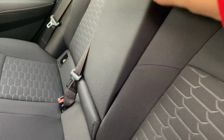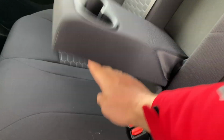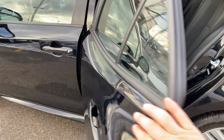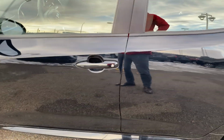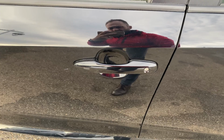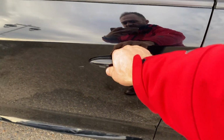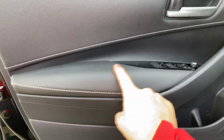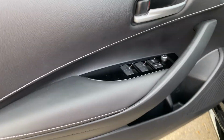Nice little vehicle. Inside here, your cup holders as well. But overall, nice and clean interior. Nice thing about the smart key technology, this guy right here, is if I want to lock the door, I hit this button, locks the door, wait a couple seconds, and I can unlock it right from here. On the inside, again, that soft touch material with the white stitching across. It's good looking all the way through. And then that piano black